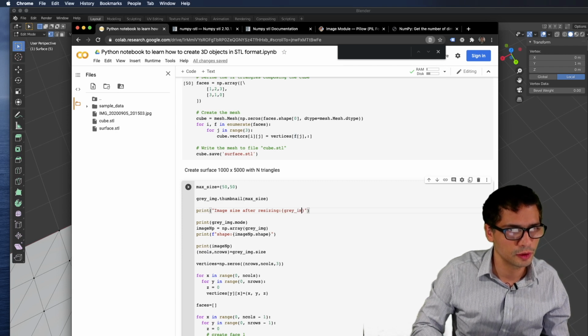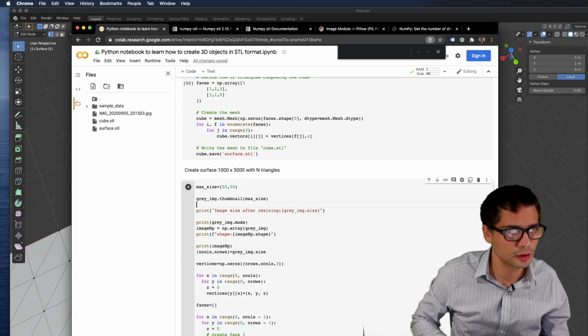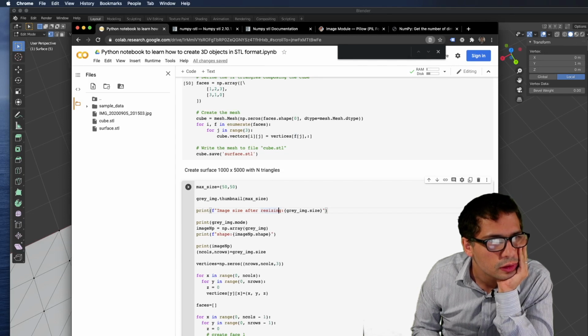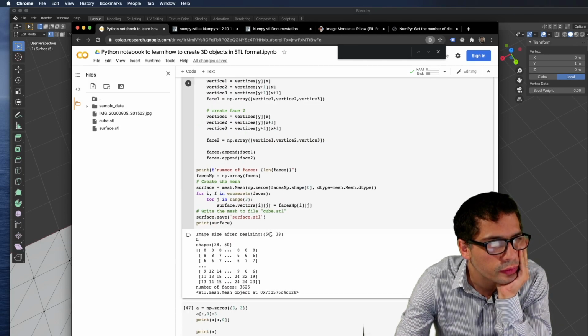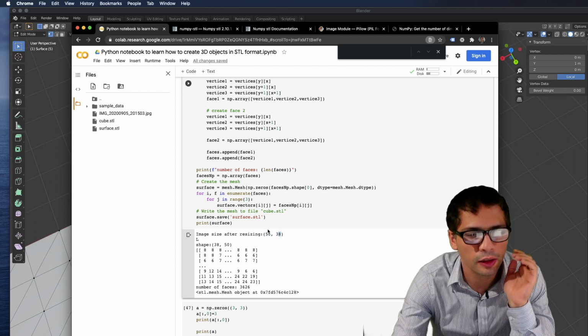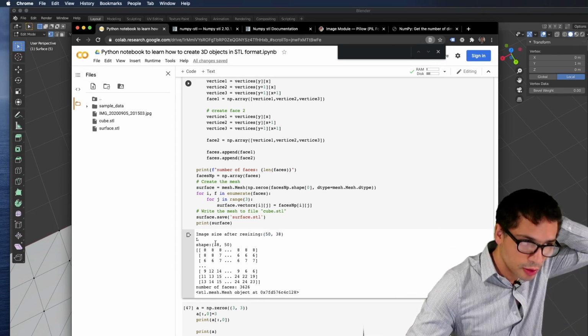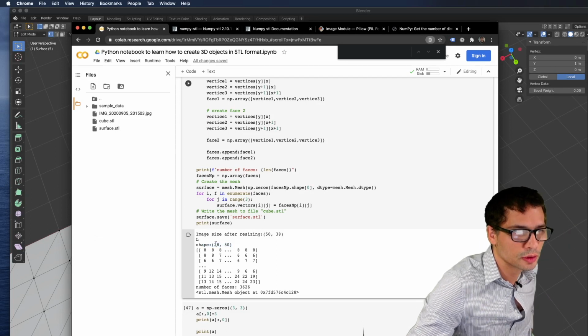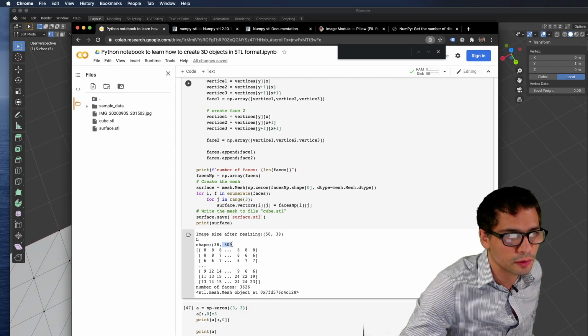It's a gray image. So 50 is the width, 38 is the height. Here in NumPy it says the opposite: this is the height and this is the width.